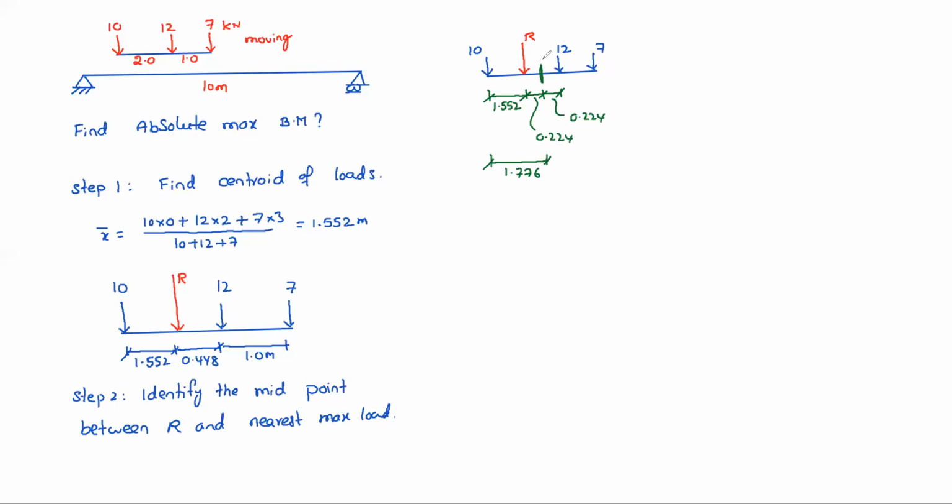So let us assume this midpoint is M point. That M point we need to keep at exactly the center of the beam. Center of the beam is where? 5 meters from A. That means I will show you that also. So step 3. This process is very important. Try to understand.